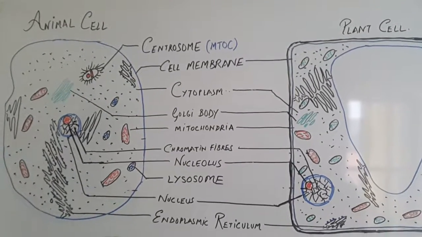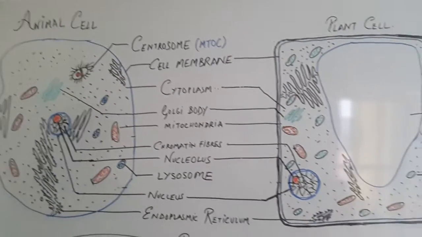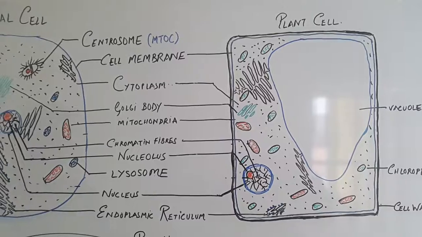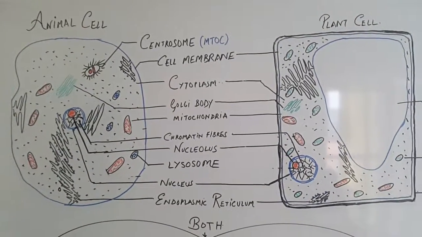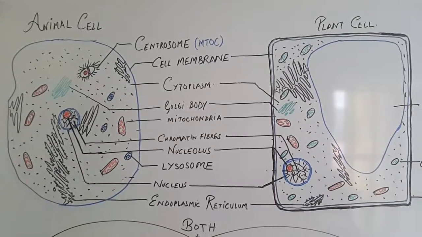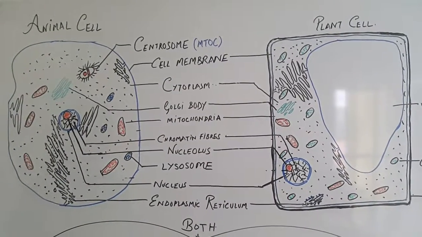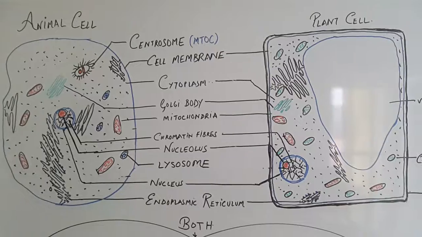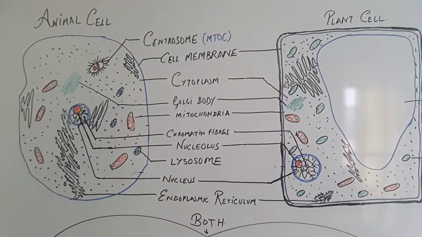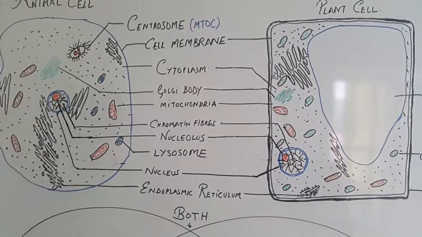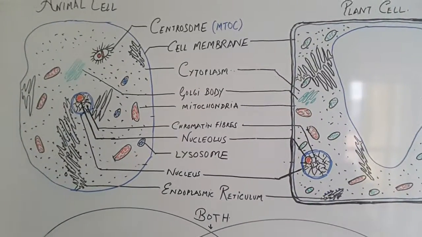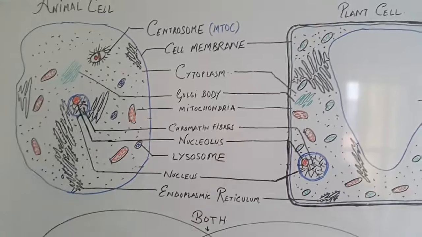Hi friends, today we have an animal cell and a plant cell here. So let us try to study the structure of both the cells and also let us try to see the similarities and differences in both the cells. Now as we all know, both these cells belong to eukaryotic cells. So basically the structure is going to be the same. Nevertheless, there are a few differences between these two cells. So let us study the structure of both the cells.